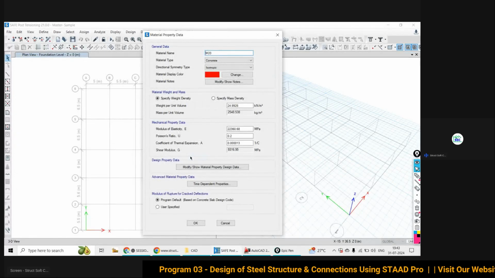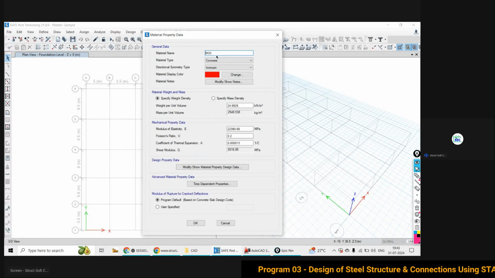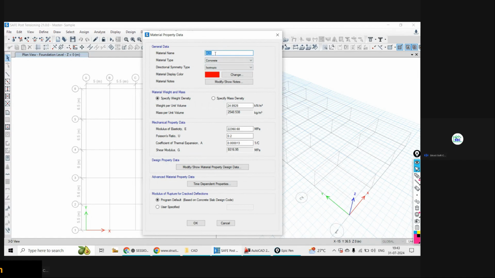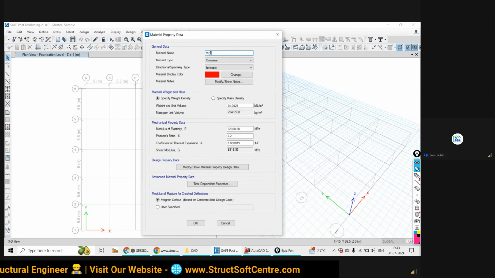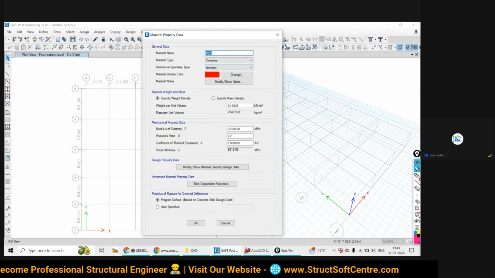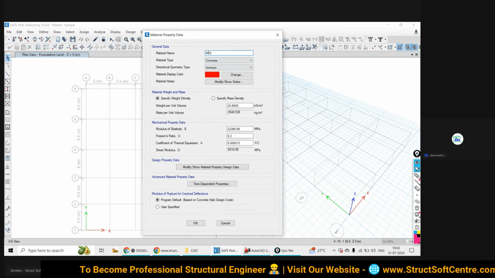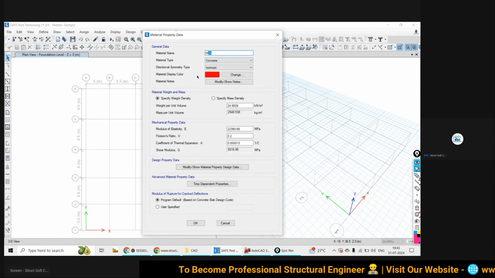it will take you inside the material property sub-definitions. For the material name, M20. If you would like to write any other title, you can do that. But in our practice it is M20, M25, M30, M35, like that. So we are writing it this way: mix proportion as the characteristic strength as 20.